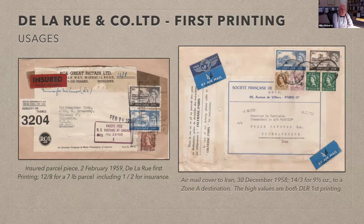And there's some usages. Now, these are really quite rare. They're very difficult to find. But I've tried to include some interesting and topical ones. So we've got an insured parcel piece there from February 59 to the USA. On the right is an airmail cover to Iran, which is a very rare destination for this sort of thing. That's 30th of December 58, and that was equivalent to 14 and threepence for a 9.5 ounce parcel to